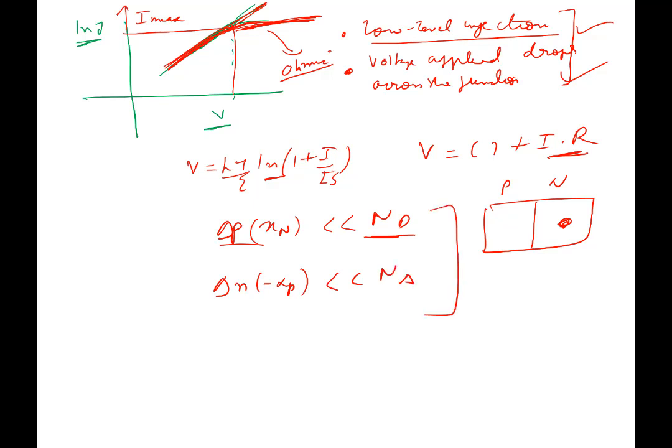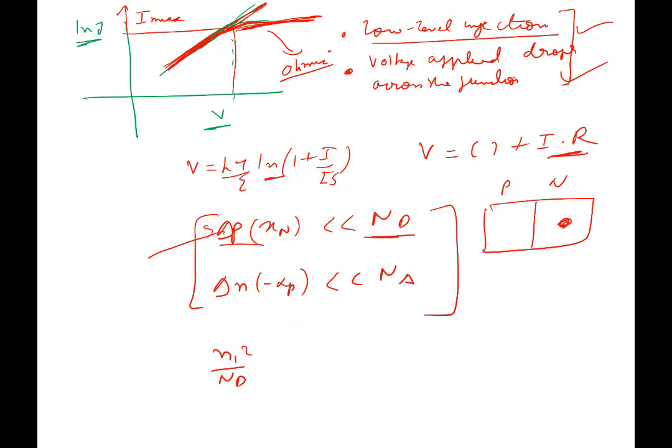So now you look at which side is lightly doped. When will this condition get violated? This condition will get violated. So let's look at the first one. Delta p at x_n is much, much less than Nd. So delta p at x_n is what? ni squared over Nd times e to the power